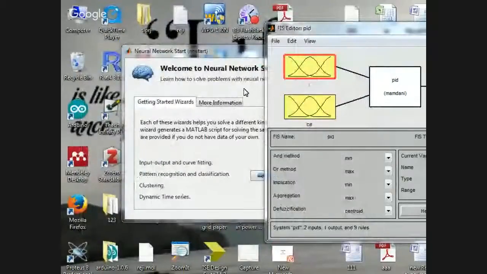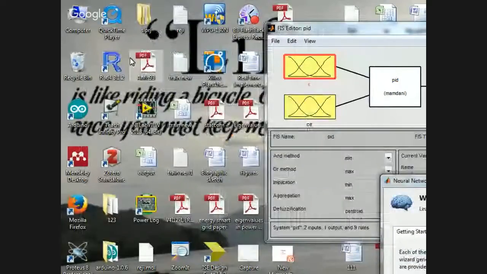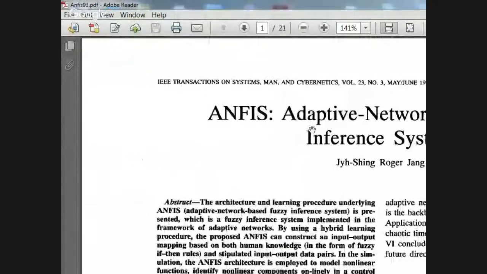Okay, this one I close. Actually, that paper is here. So this is the base paper of ANFIS. So those who want to do research with ANFIS, you can just go to this paper. Okay, I think in the center whether the full screen is coming. The full screen is not